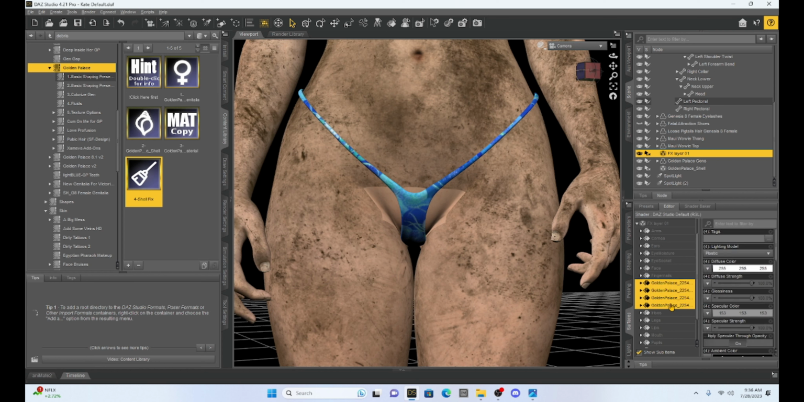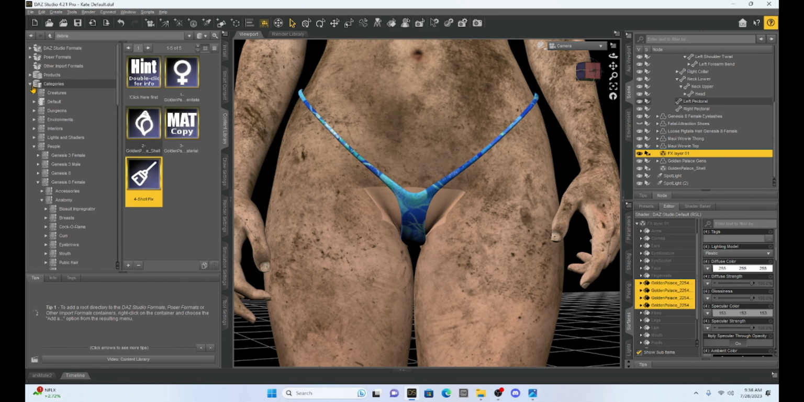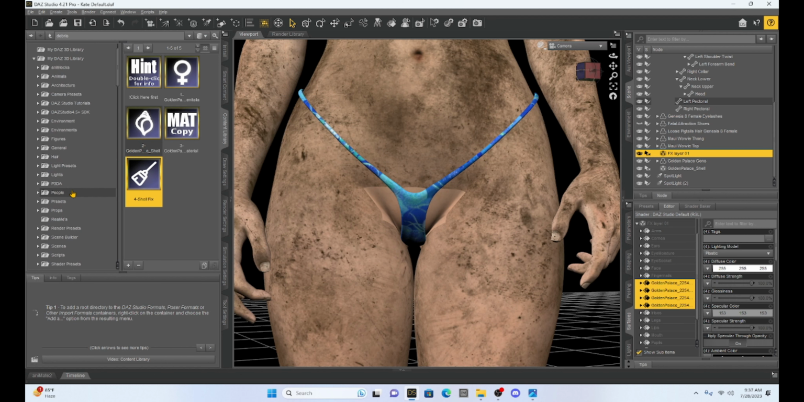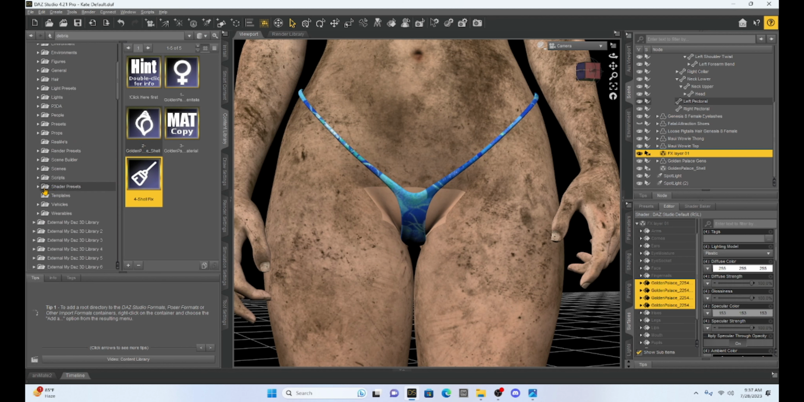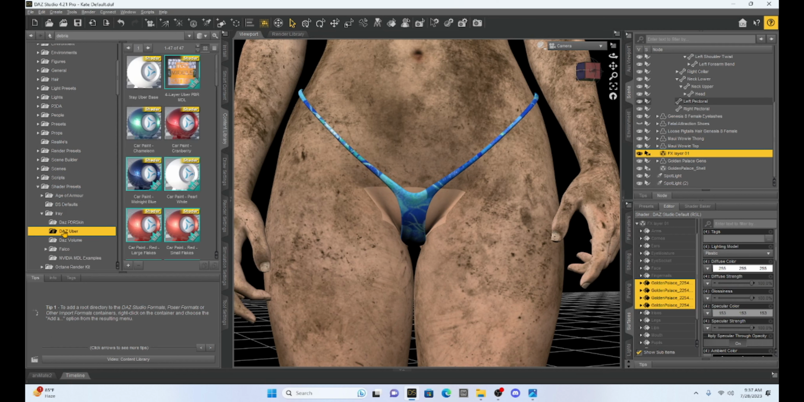select them. Then we have to go into our content library, and we're going to drop down in My Daz Studio all the way down to where it says Shader Presets. We're going to select the Shader Presets, select iRay, and then go to Daz Uber. And once we have that with our Golden Palace selected under the FX layer, we're going to hit Uber Base. Just double click on